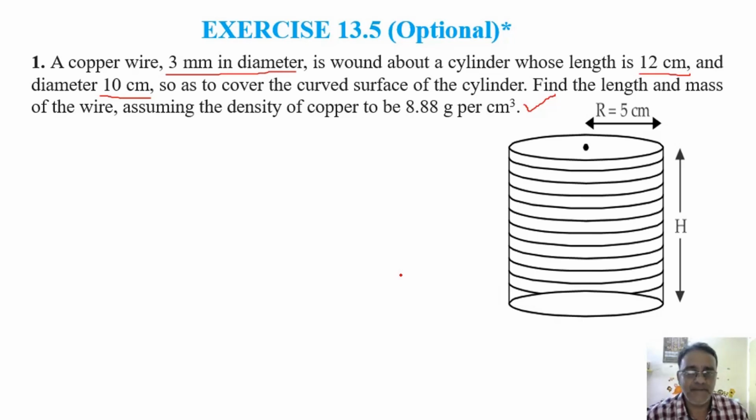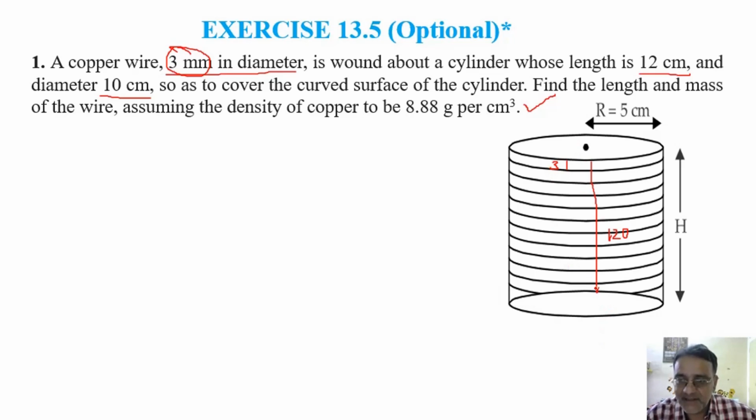Sometimes that is also given. I will show you in question number 2. Now look carefully, the width of this wire is this one, and the total length is given 12 centimeter. If you write in millimeter, 120. And the width of one wire is given 3 millimeter. So how many rotations are there? How many wounds are there? How many times have we wound it around this? 120 divided by 3 is 40. Yes, very good. 40.